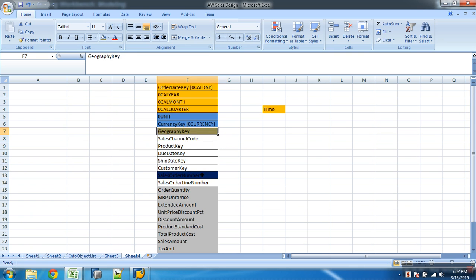Now geography and look at customer. What is the link between geography and customer? Geography, you understand, is like a country. Don't worry much. It's like country and customer. So what is the relationship between my country and customer? No, the relation. Say for example, I have a customer 1, C1. Can this customer belong to multiple countries or any one country? A customer belongs to a particular country.